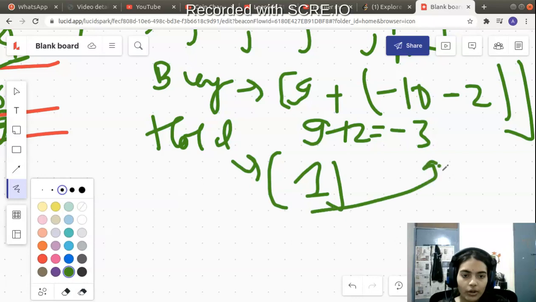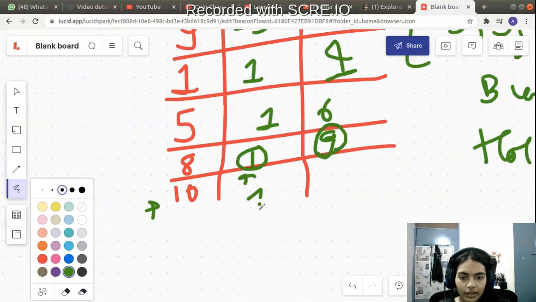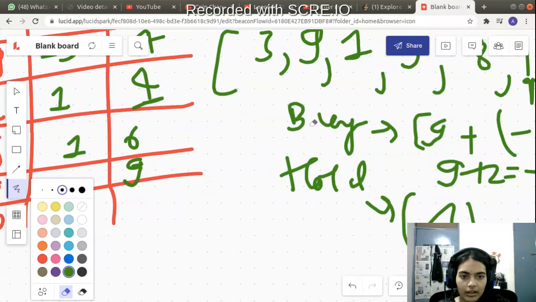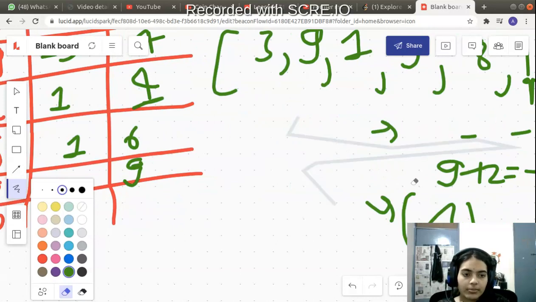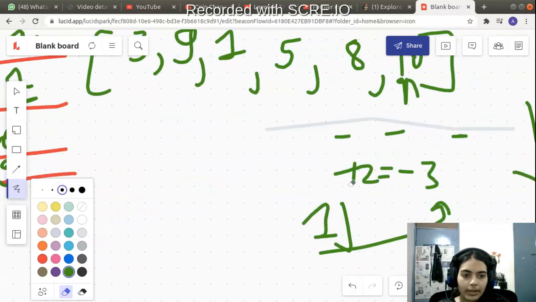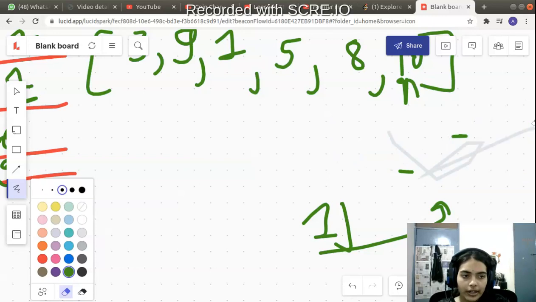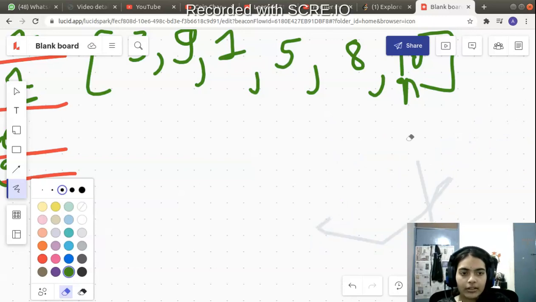So which is better, 1 or minus 3? 1 is better. So I will continue to be at this position 1. Okay, now let me look at the last column, which will give me my answer. So the answer will just be the value in this particular row and this particular column, which is the last data entry in the table. So let me look at that.